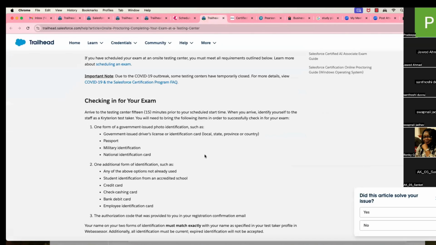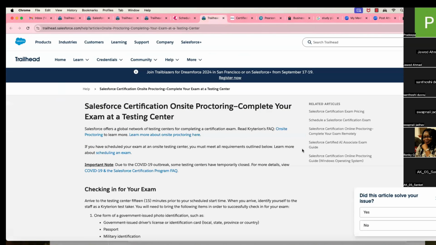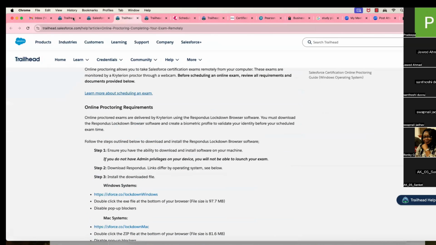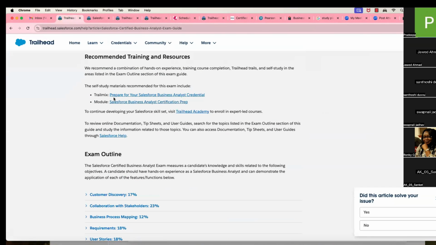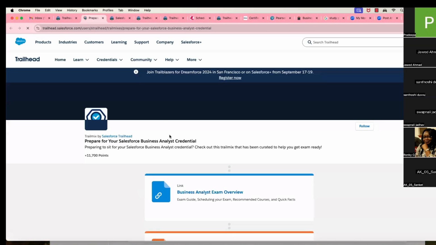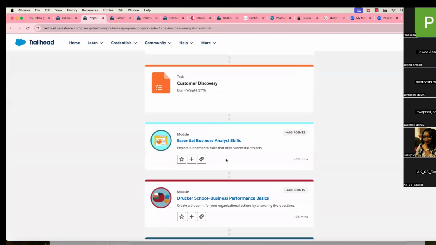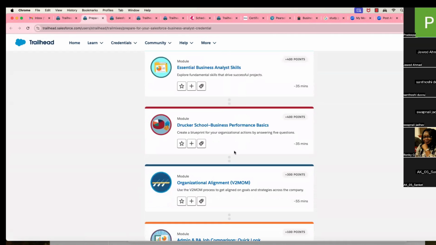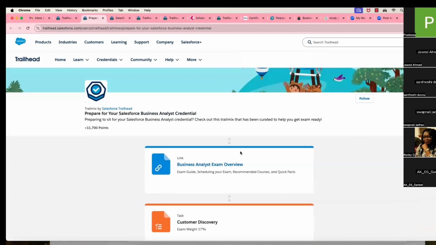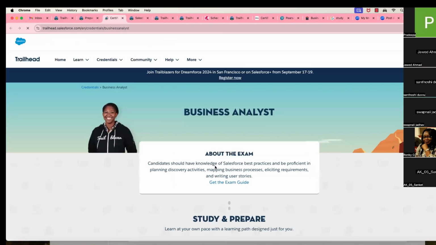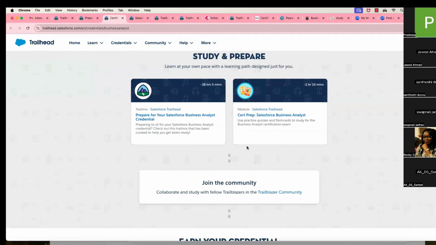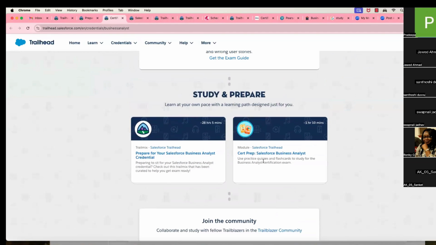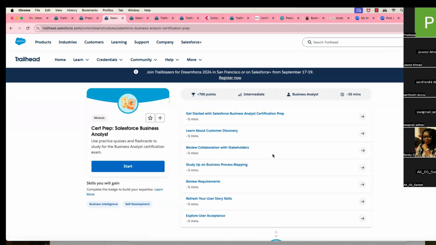Once you finish that training, they also have some materials. If you see here, they have some materials, like the module on essential business analyst skills, and all the different modules are there. You have to be able to finish that. And they give an idea of how this exam will be. There are some practice questions you can use. But